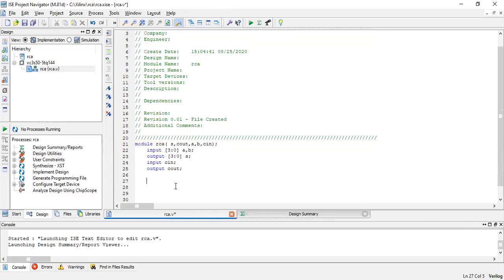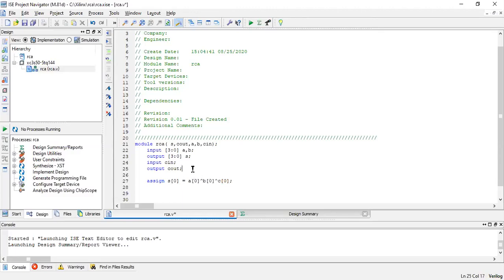We'll write the program for the ripple carry adder in data flow model and also in gate level model. So first let me show you how to write the program in data flow model. So data flow model, assign, what is the first one? Sum of 0. What is sum of 0 equal to? What is the expression for sum? Sum is equal to A XOR B XOR C, right? This is our sum. A XOR B XOR C.